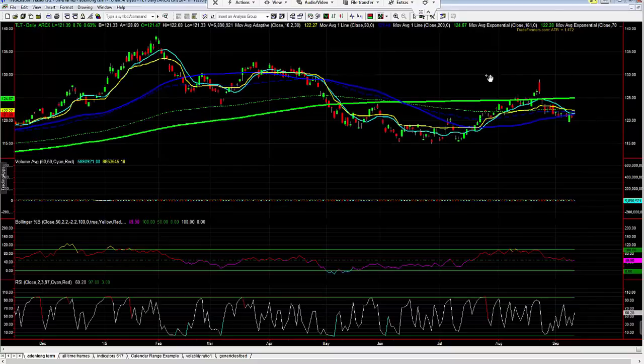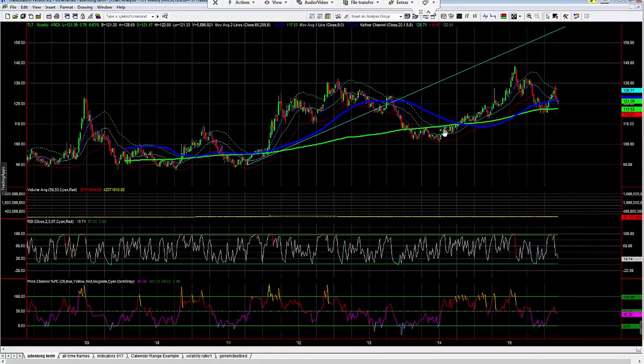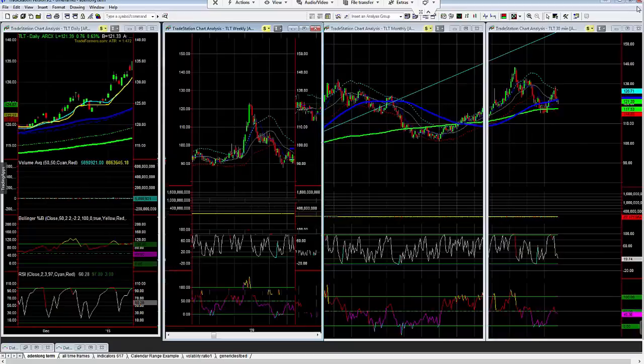So this definitely gives the bulls in bonds some support. If we take a look at the longer term trend in bonds, you can see we're still trading above the longer term 200-week moving average. So definitely long-term trend in bonds still intact. We're basically trading right on the intermediate term moving average. So you could say that the intermediate or longer term trend in bonds is certainly intact,